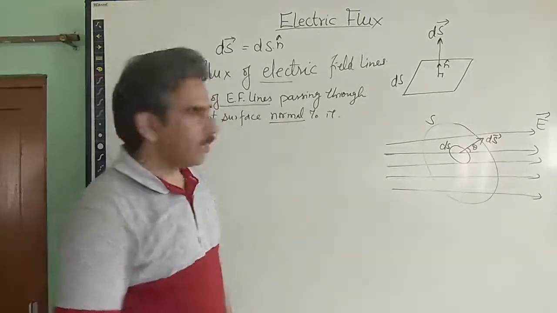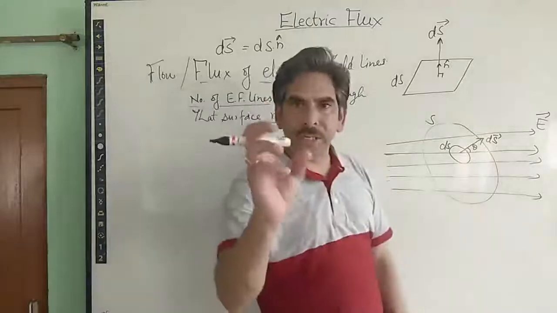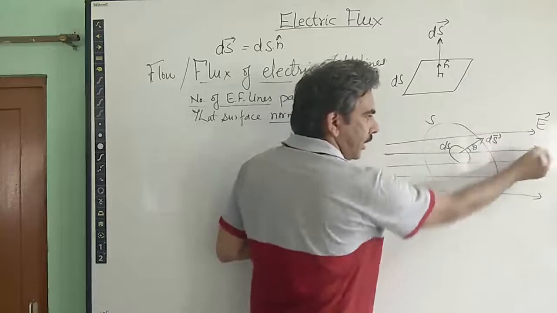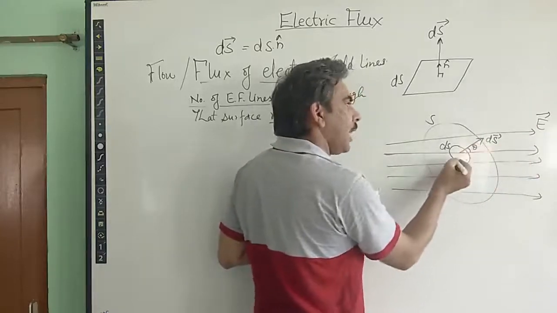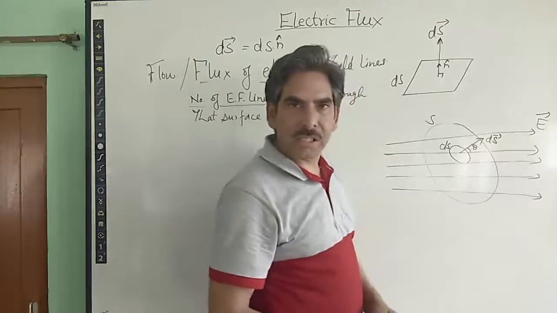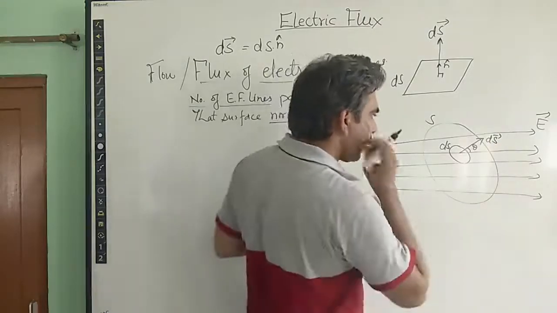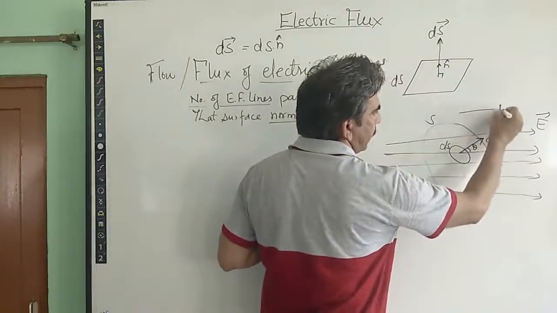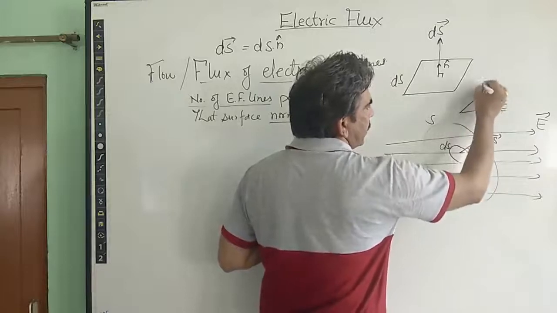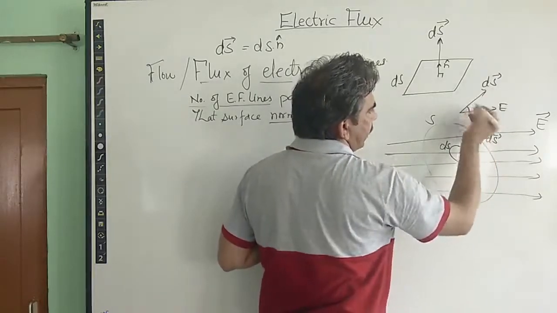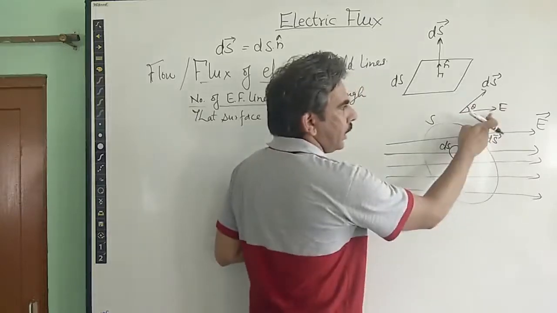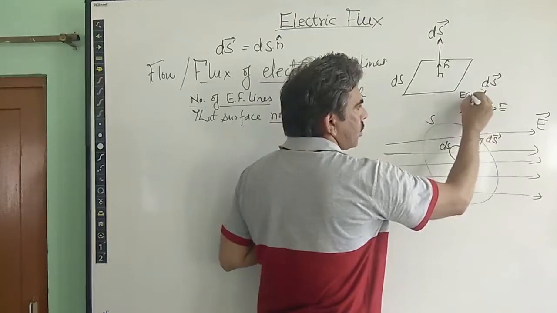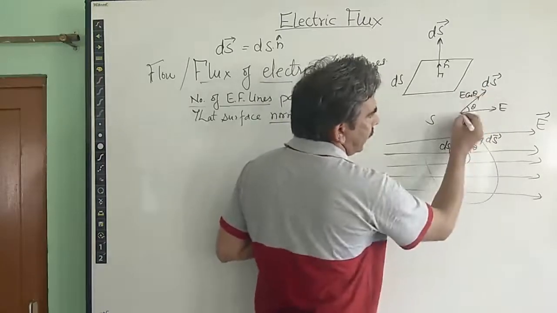So for doing that, we have to take the component of electric field which is normal to the surface. The component of electric field which is normal to the surface will be along the area vector. This is the important thing you have to remember here. Okay. So if this is the electric field along this direction, let me draw it separately here. This is electric field and this is the ds unit vector, and this is the angle between them. Then the component of electric field along the area vector will be E cos theta, and the other component will be perpendicular to it.